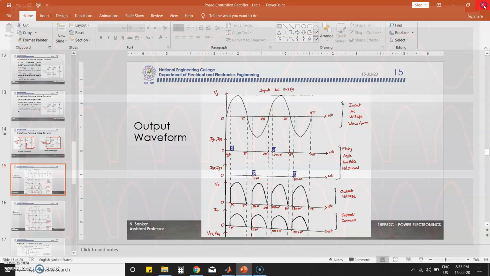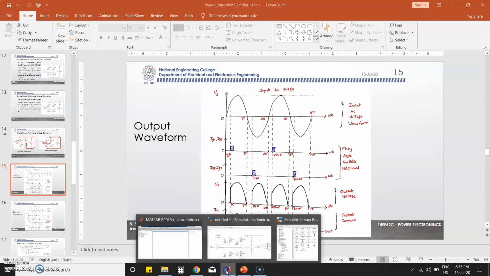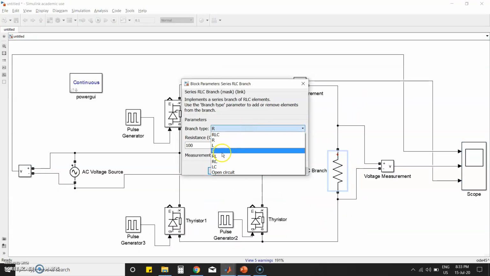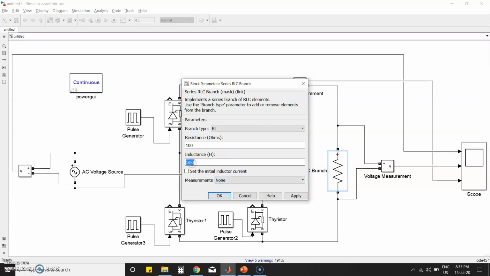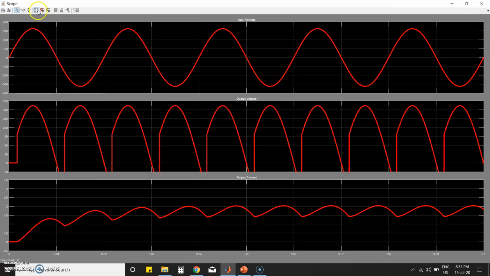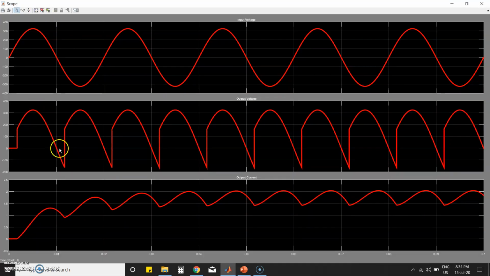Now if I change the load into RL load, you can simply change it here. So RL, I am taking the inductor value as 1 for example. If you see the waveform now, you can see the output is getting negative. Before, in the R load we had 0 for this portion, now it is getting negative voltage.